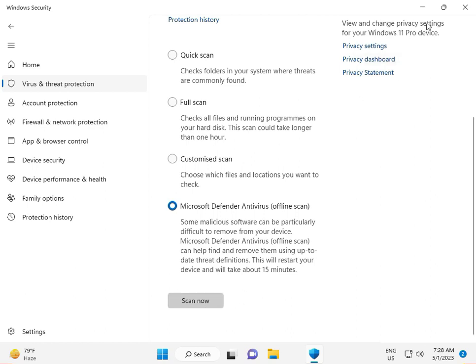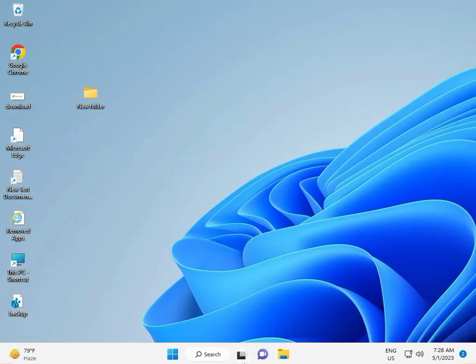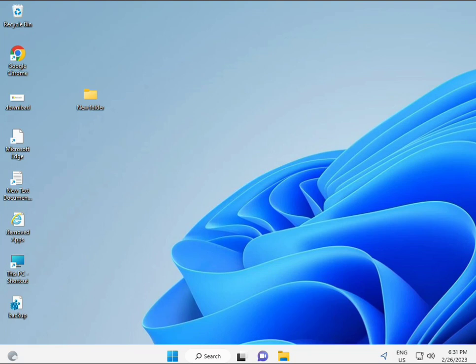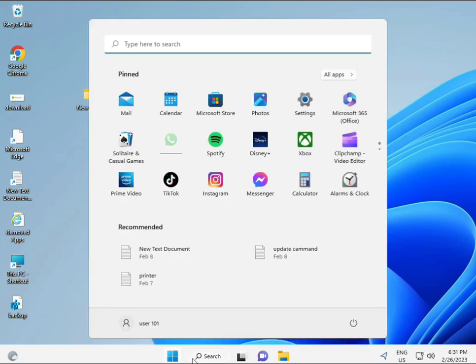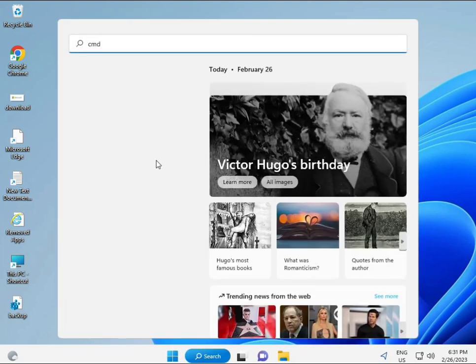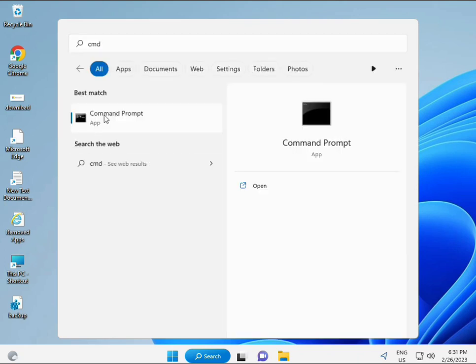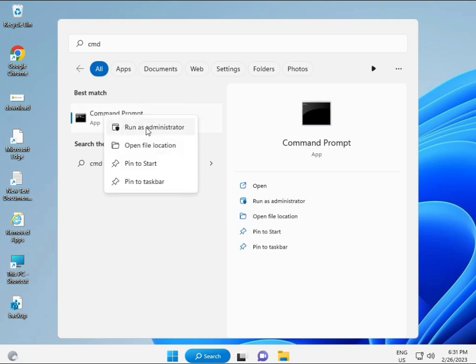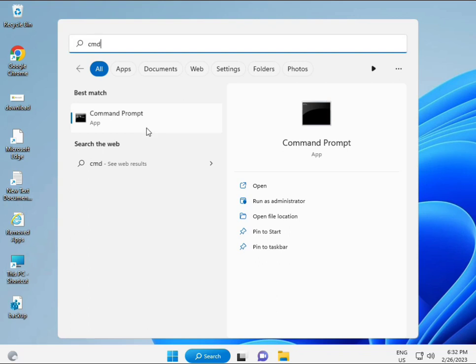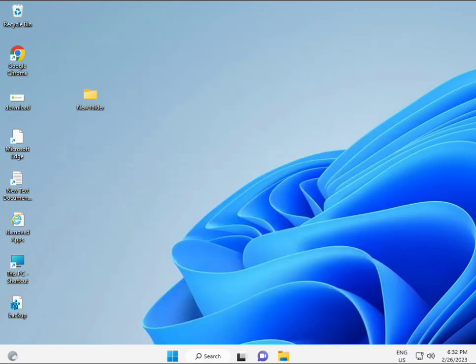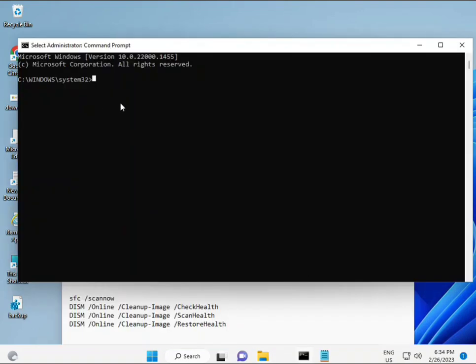Okay, now I am giving you the second solution. Then guys, click the start button and type cmd and then enter. You can try to run as administrator. Right click and run as administrator, so you're giving full permissions. Okay,